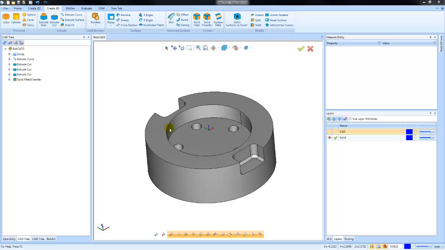Hey everybody, in today's video we're going to talk about the CAD History Tree and how you can use it to edit and modify your designs. To begin with, you'll find the CAD History Tree as one of the primary docking panes in the software. This will leave a history of all the steps that you took to design in 3D or edit your 3D